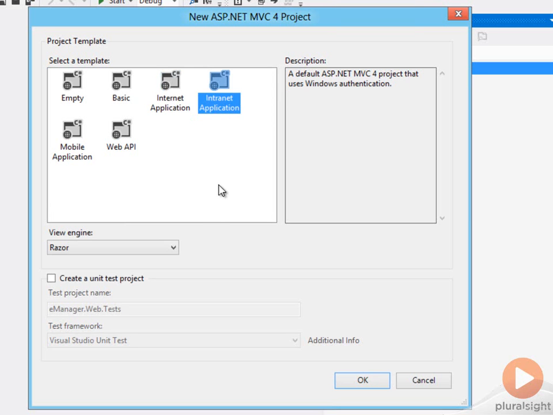The Intranet application offers many of the same features as the Internet application, but Intranet assumes you're inside of a firewall, you have Active Directory available, and your users will primarily come into your application as authenticated Windows users. There's also the mobile application project template, which we'll talk about in the mobile module of this course, and the web API template, which we can talk about in the web API module. So I will create an Internet application